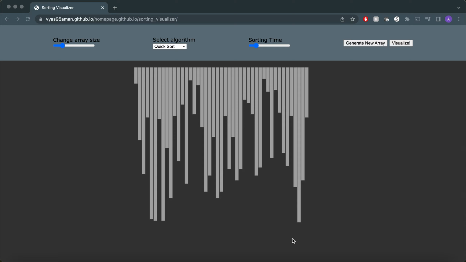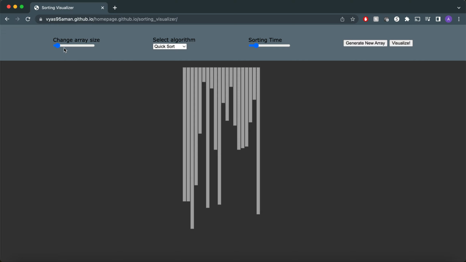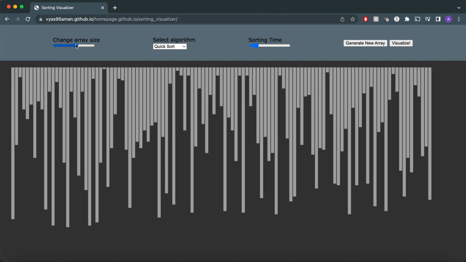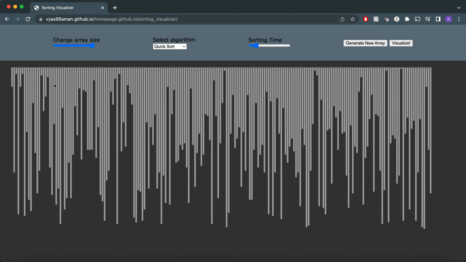So here you can see the main page where I have a random array, and for each of the values in the random array, I've rendered some bars here. We have some user inputs up at the top, and we can manipulate this random array by changing the size. We can see here as the size is smaller, it's reflected on the graph there, and as the size gets larger, it spreads out and we have more bars. Now, as the size increases drastically, we can see that the size of the bars shrinks so that it flexes